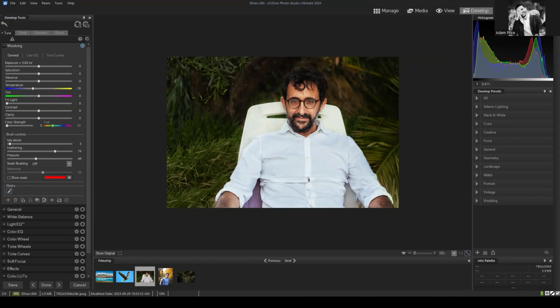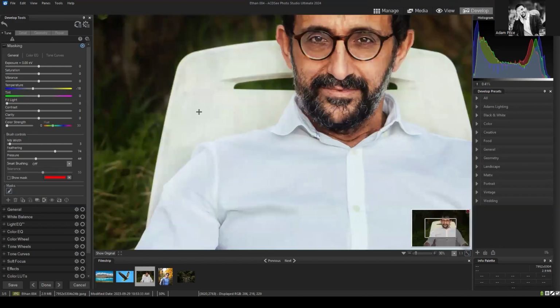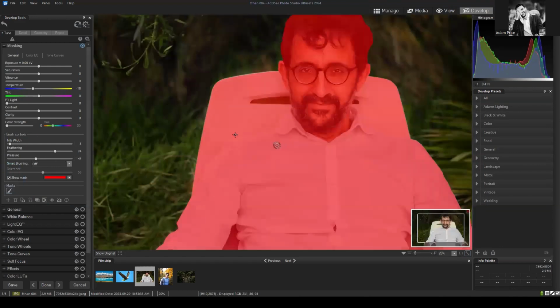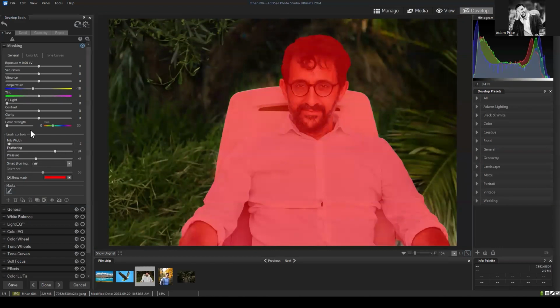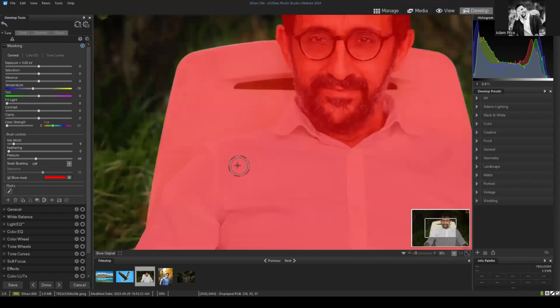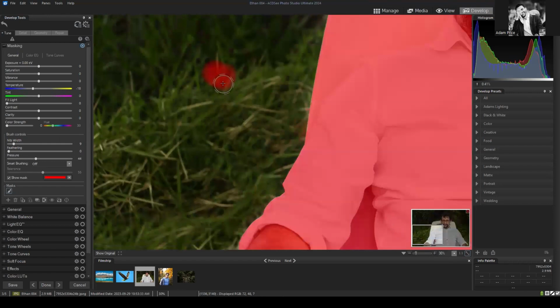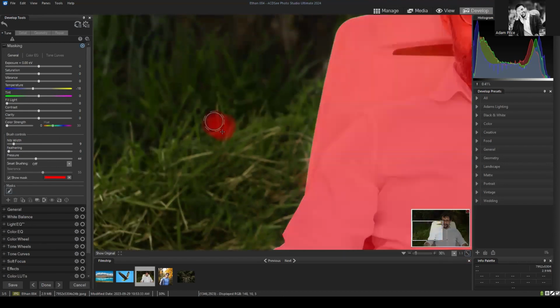So Scott asked about the other choices under smart brushing. Right, so pressure. Pressure increases the effect when you brush using your nib. A low pressure will have a very subtle effect. You can see that when I look at that nib selection, it has a lower opacity almost to it. So what is selected is reduced, versus a high pressure, which